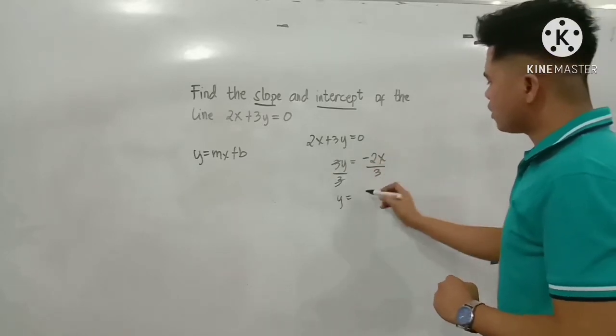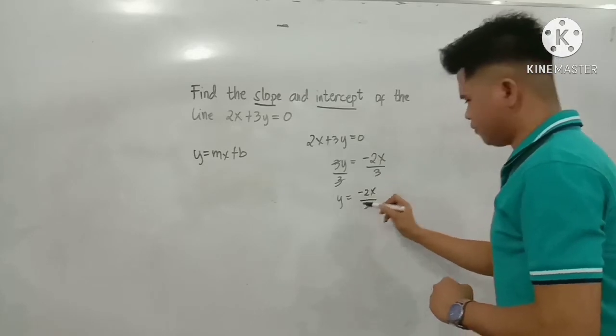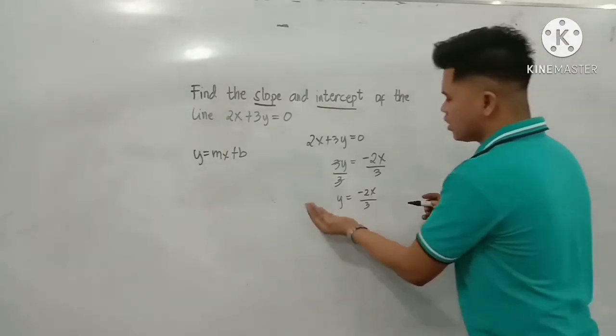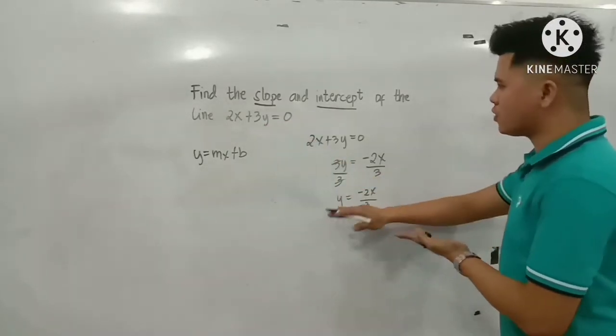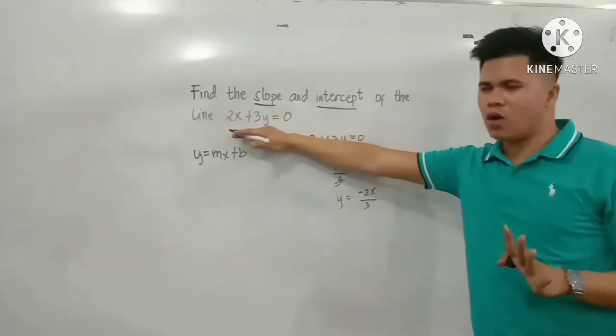Then, negative, we simply copy this one. Then we have 2x over 3. Then this is the slope-intercept form of this given equation. Since we now have the slope-intercept form of this given linear equation, we can identify now the